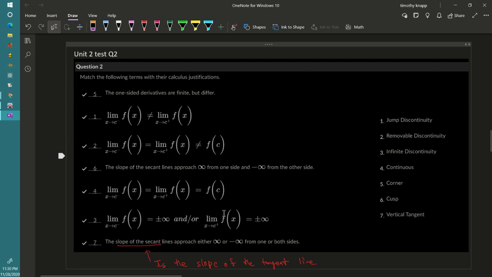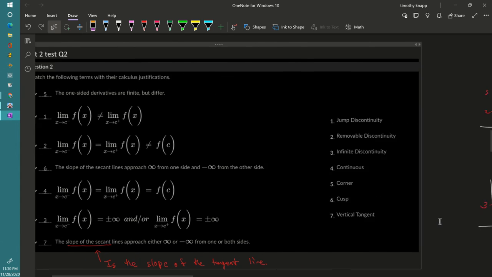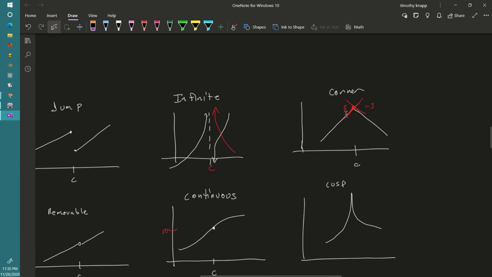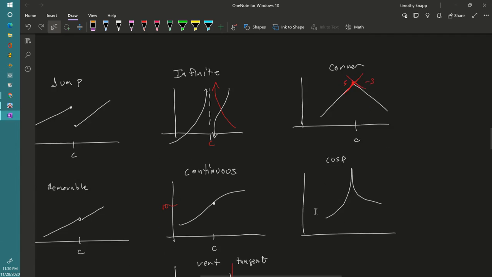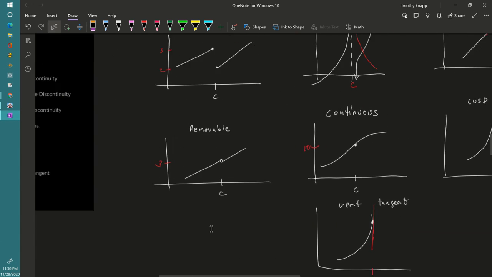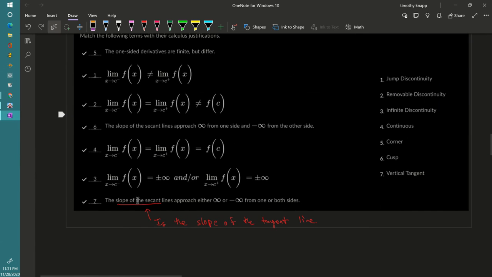The cusp is the same idea. It's number 6, but instead of being finite, they're infinite, sort of. And so a cusp looks like that. And then finally, here's your vertical tangent line, and that's this one here. The slope of the secant lines approach infinity from either